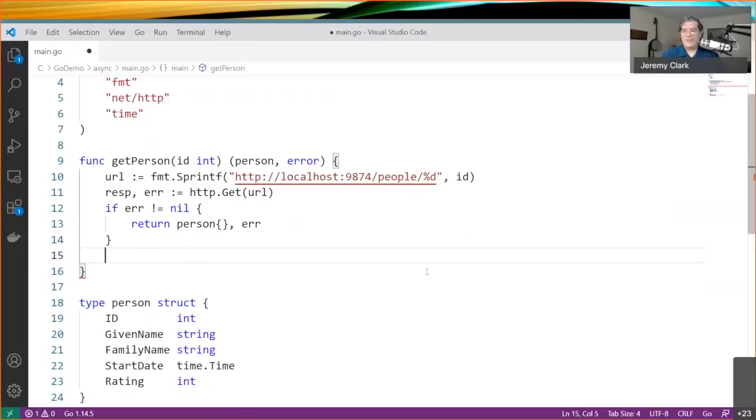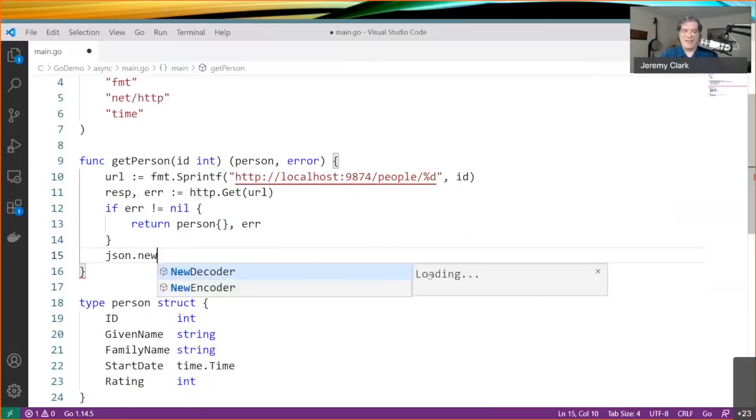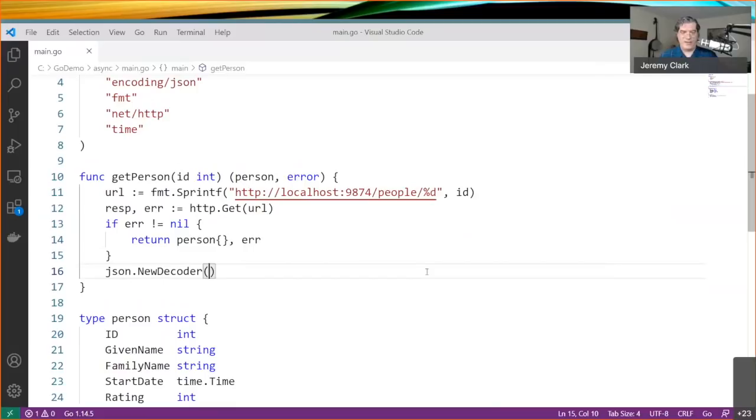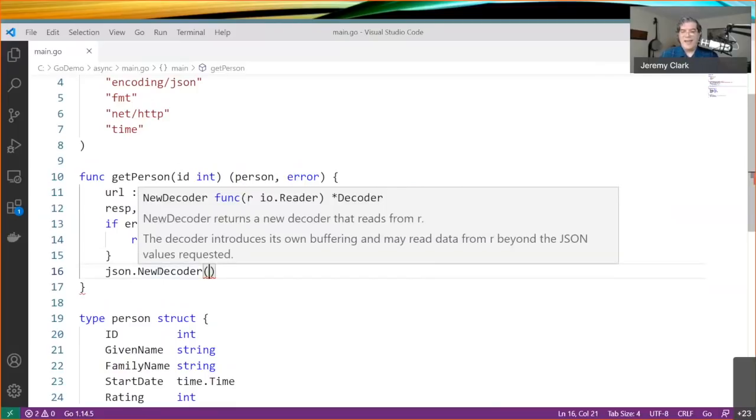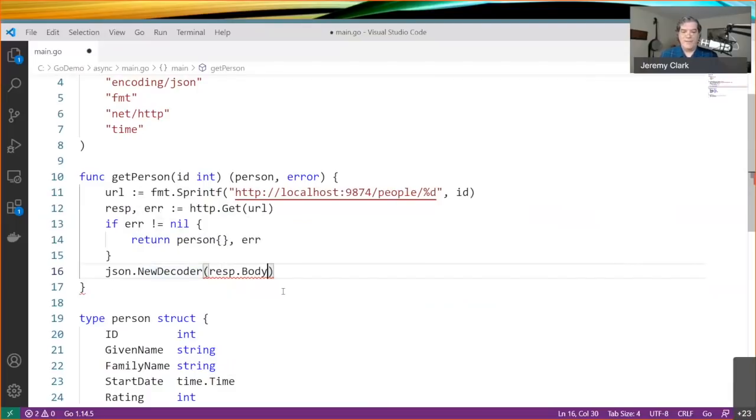And for this, we'll use a JSON decoder. Now there is a JSON package, which is nice. So I can say new decoder. And again, I'll hit save just so that I've got my help populating nicely. And this is a function that takes an IO reader as a parameter. And our response object has a body. And if I look at this,